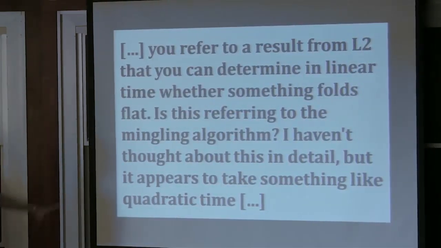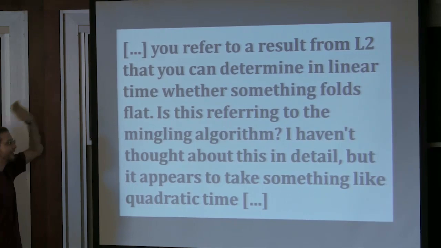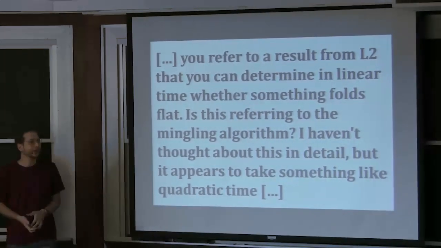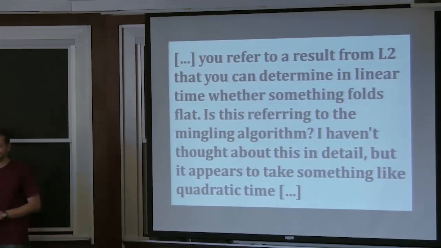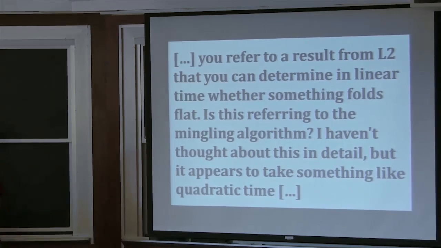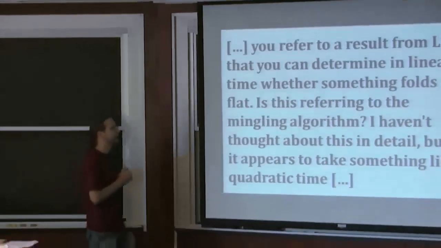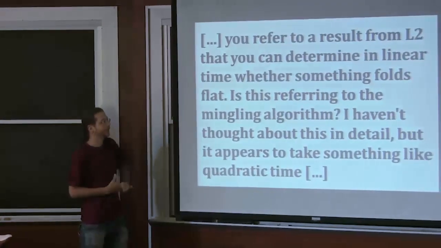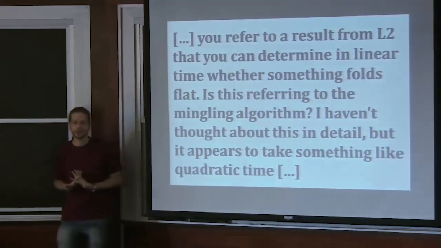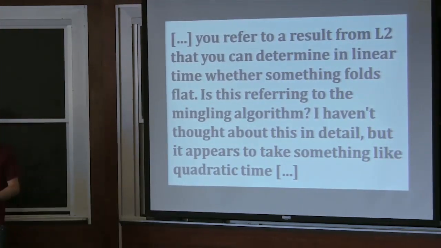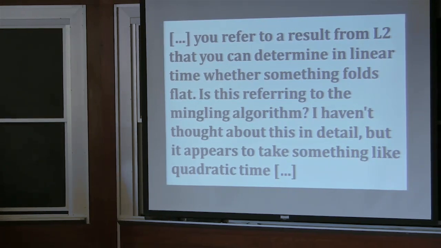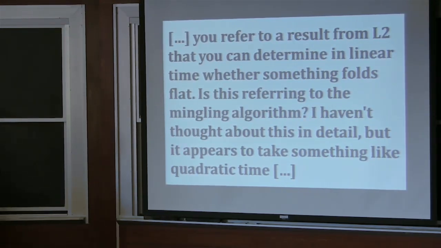So I'm going to jump into questions, and in particular, this is an opportunity for me to talk about the main thing that I skipped last class, because it relates again to this lecture, which is how do we do this algorithmically? It's one thing to say, just do crimps and n-folds till you can't anymore, and when you run out of stuff to do, if you're done, you're done. Otherwise, it's not flat foldable.